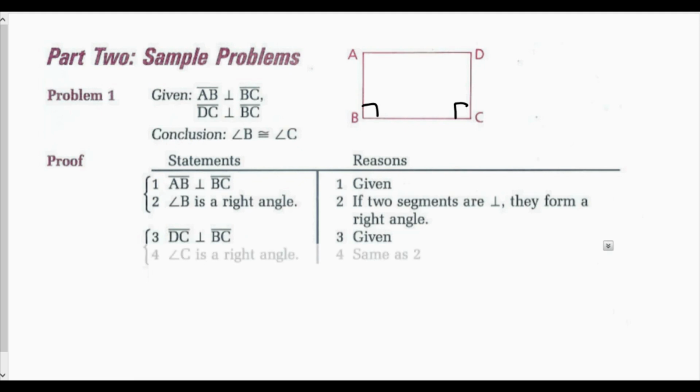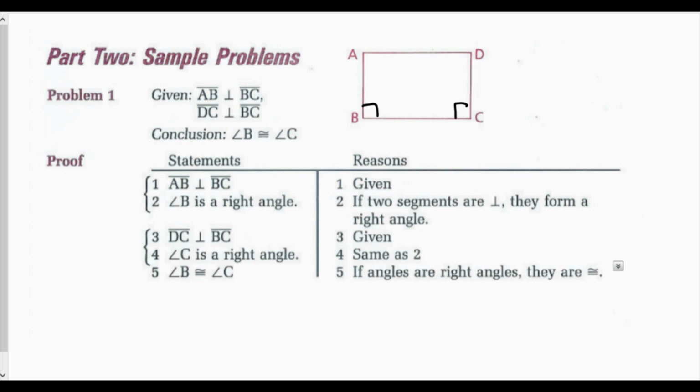they form a right angle. Now that I have B as a right angle and C as a right angle, I remember my first theorem, which was our right angle theorem. If two angles are right angles, then they are congruent. So I can say angle B is congruent to angle C because if angles are right angles, then they are